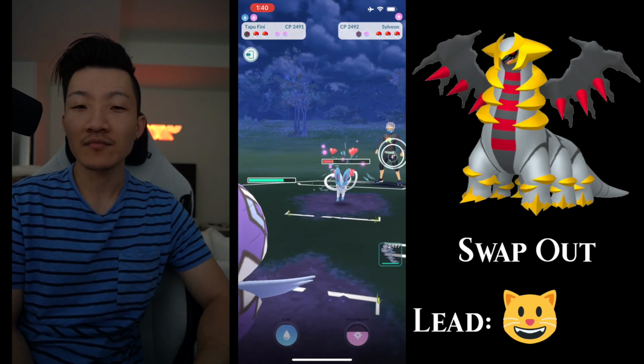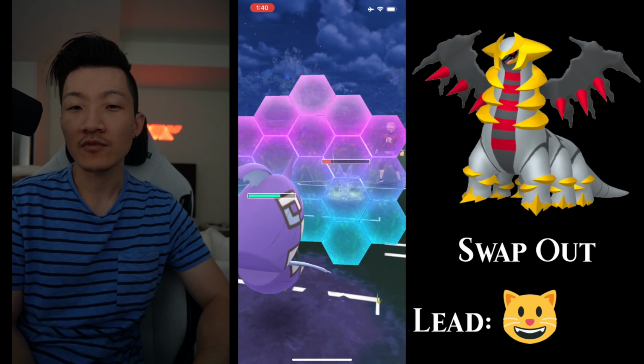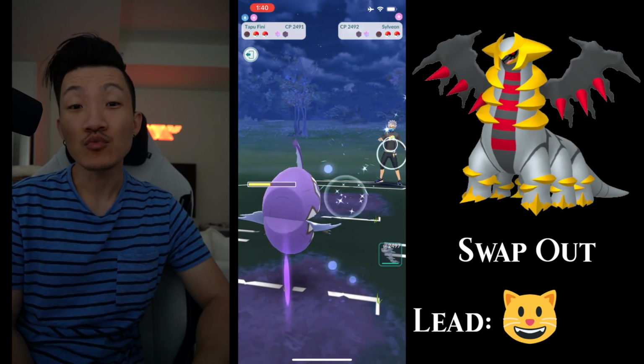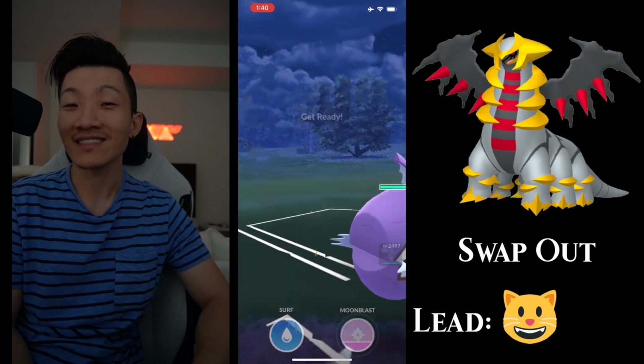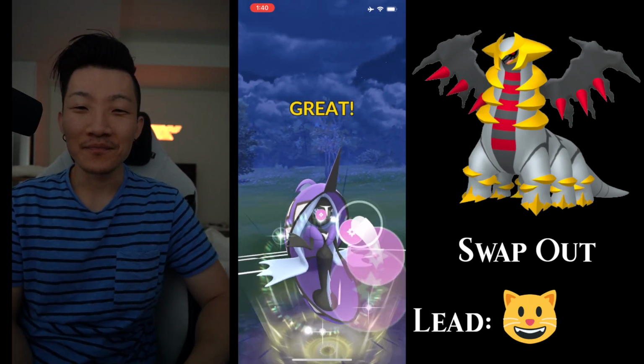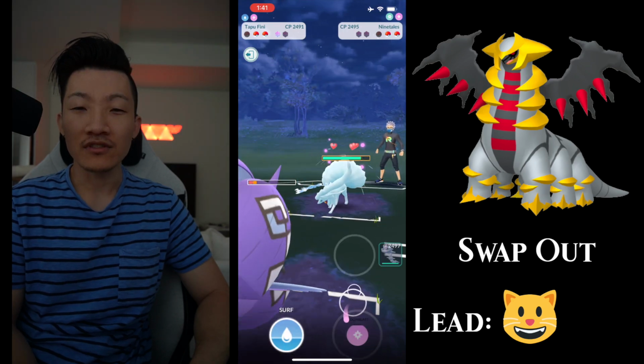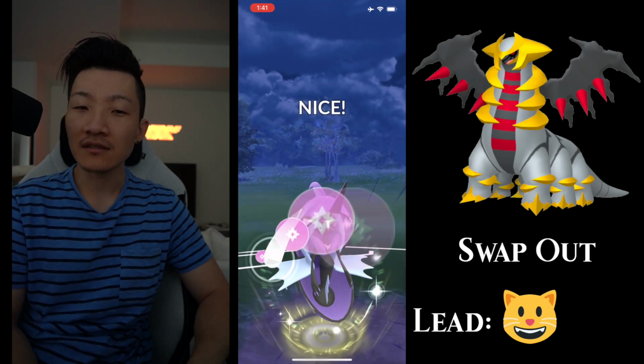And then again, because they have a Charmer here, they're probably not going to throw a lot of charge moves, so I'm going to shield a Surf Shock. Now I have enough for a Moonblast, which is nice. I'm expecting double Charm. That's exactly what it is. You see this a lot, Giratina double Charm, so I am going to get to another Moonblast, mainly because Steelix